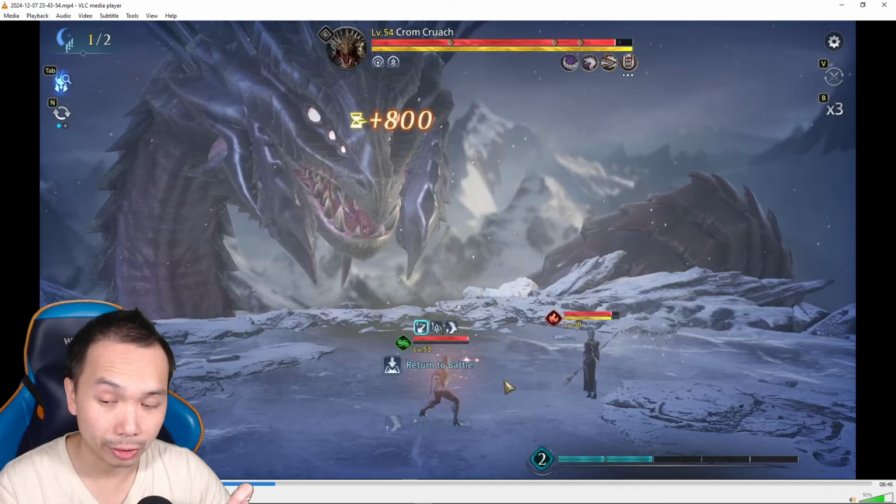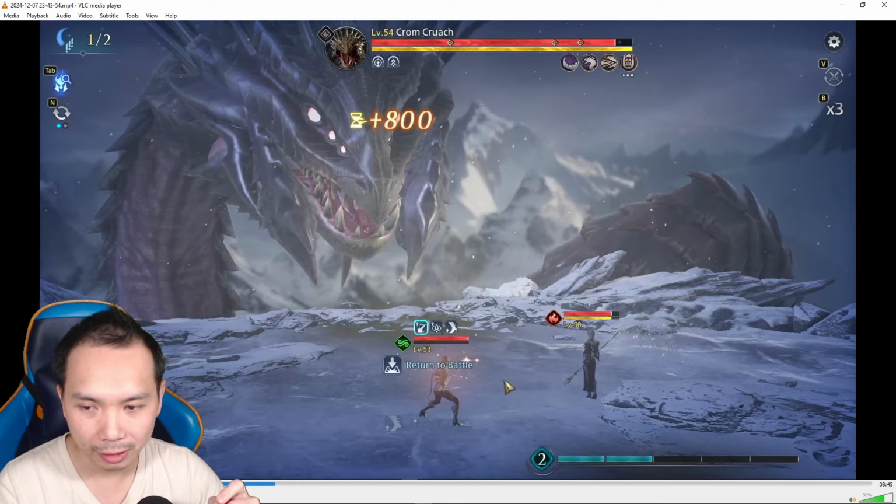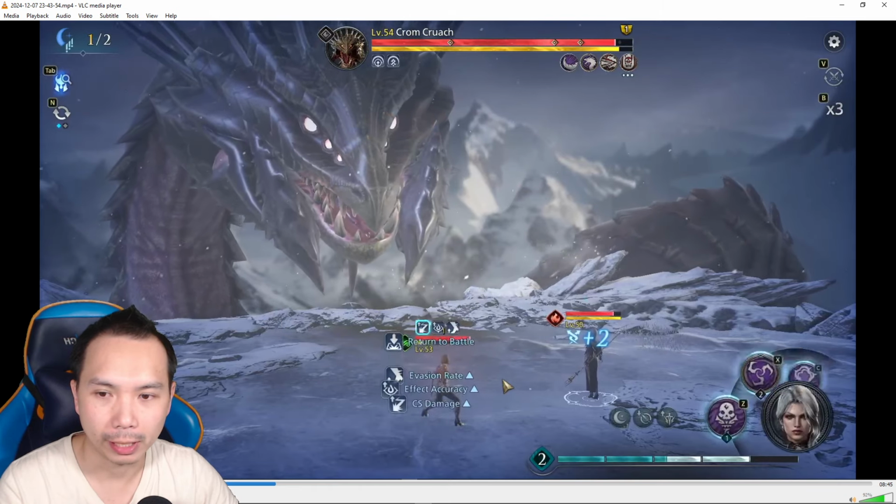You want your second damage dealer to pop out so that you have two damage dealers trying to free your team as soon as possible. So that is the key to this team in particular. All right, so after that,